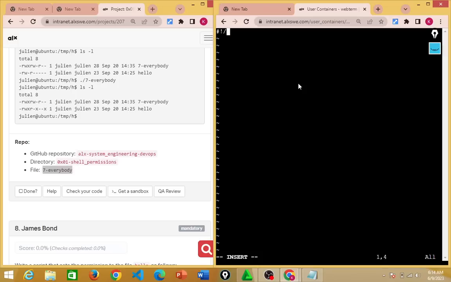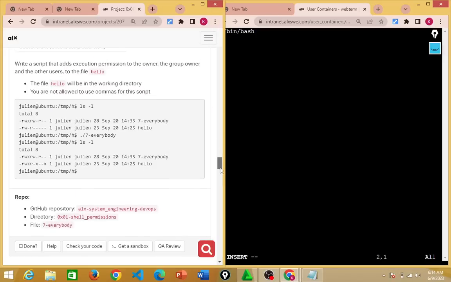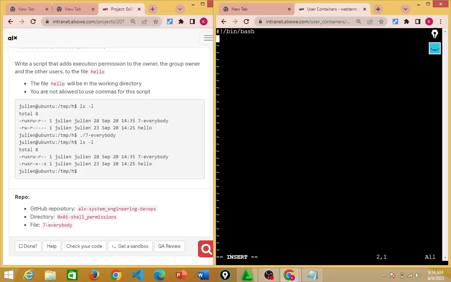So #!/bin/bash, and the next one is, remember we are writing a script that adds execution permission to the owner. So what is that script? It is chmod. The command is chmod plus x